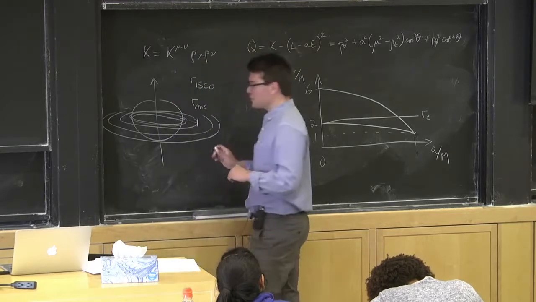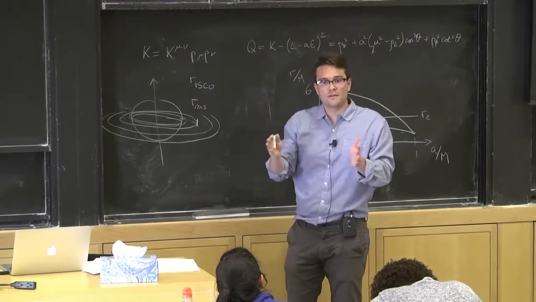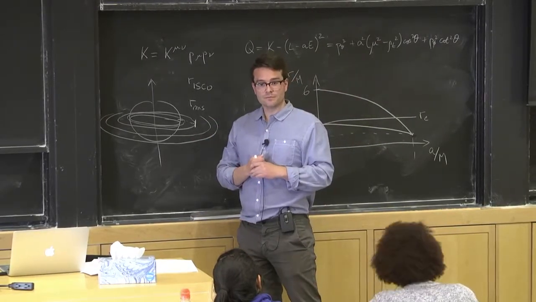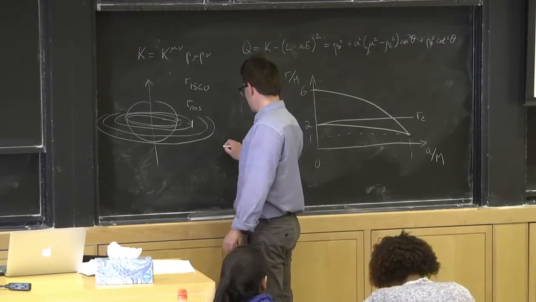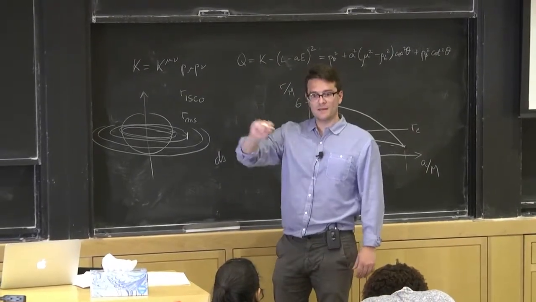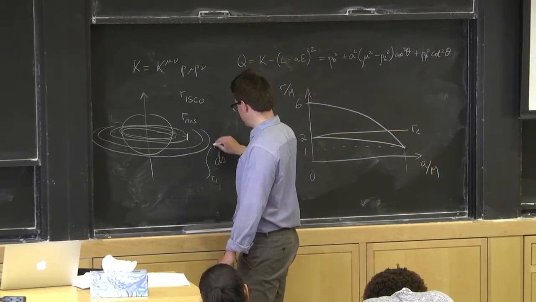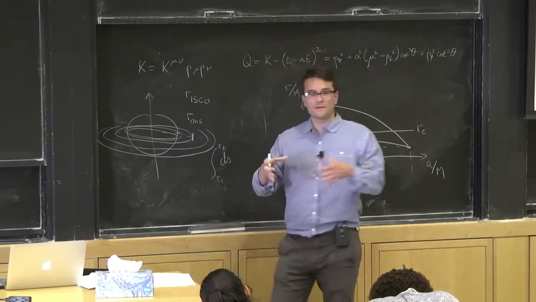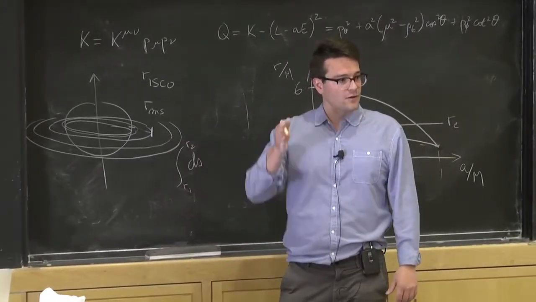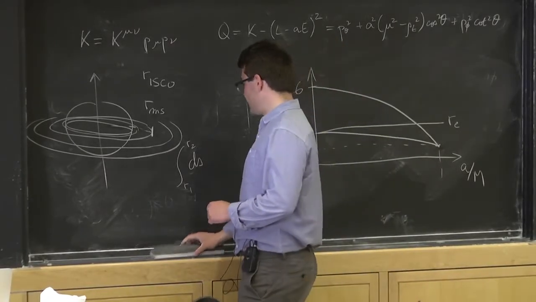Well, you can use the Kerr metric, the Kerr line element, to compute the proper distance between, say, the ISCO and the horizon. So how do you do this? You take ds along a curve that's space-like. It's going along in r. And you integrate this from some radius r1 to some radius r2. So the proper distance between two radii is obtained by integrating the line element along that direction. Okay. So what you find